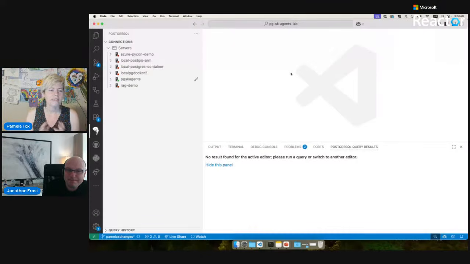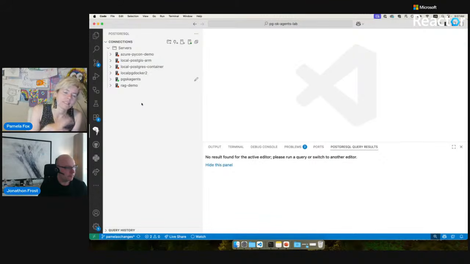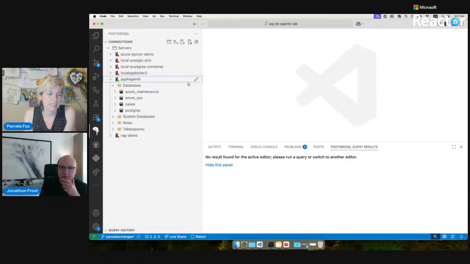Okay, so let's check out this data. I have the code opened locally. I shared the code link in the chat for anyone who wants to check it out. I'm inside VS Code. I've got the new Postgres extension for VS Code installed. It's a fantastic extension. If you don't have it installed right now, go and install it. You can find it in the extensions marketplace, and you can use it both to interact with local databases and with Azure databases. In this case, I've made a connection to an Azure database, and I'm using keyless authentication with managed identity in order to connect to it.